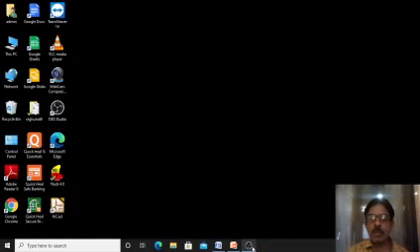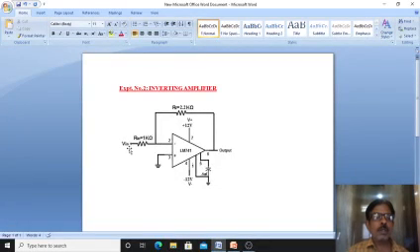We will see first the circuit diagram of this inverting amplifier using the LM741 op amp. So this is the circuit diagram. Here I require an LM741 op amp, 2 resistors, 1 kilo ohm and 2.2 kilo ohm, and 1 capacitor, 0.1 microfarad, connected between 1 and 5. A 2-pin connector for the input side, a 2-pin connector for taking output, and a 3-pin connector for giving 3 power supplies, VCC, minus VEE, and ground. So let us begin the experiment.